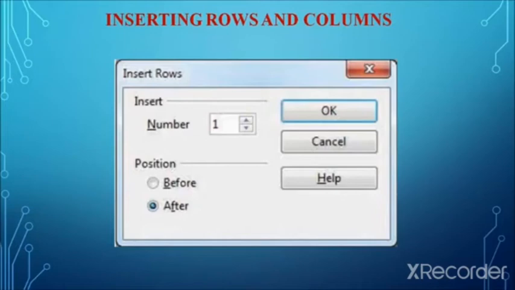Similarly, you can delete the rows and columns. First place the cursor where you want to delete, which row or which column should be deleted. Select the entire row and right click, and you will see the row option, and you have to select the submenu as delete. Whereas when you want to delete a column, select the column which you want to delete and right click, and you can see the column option and the submenu as delete. When you click on delete, the selected row or column will be deleted.